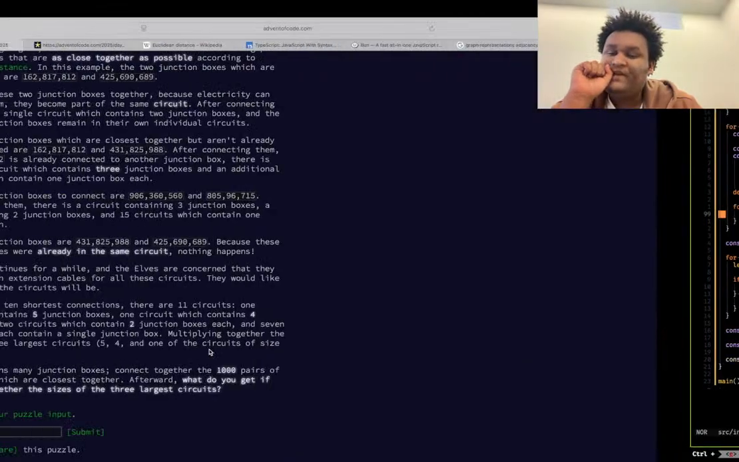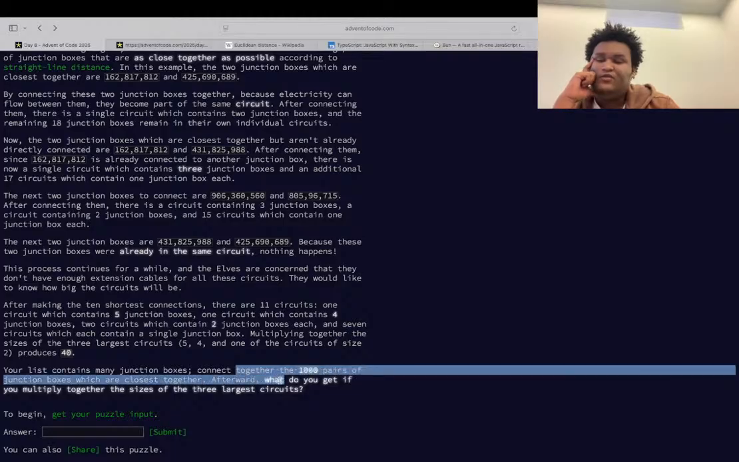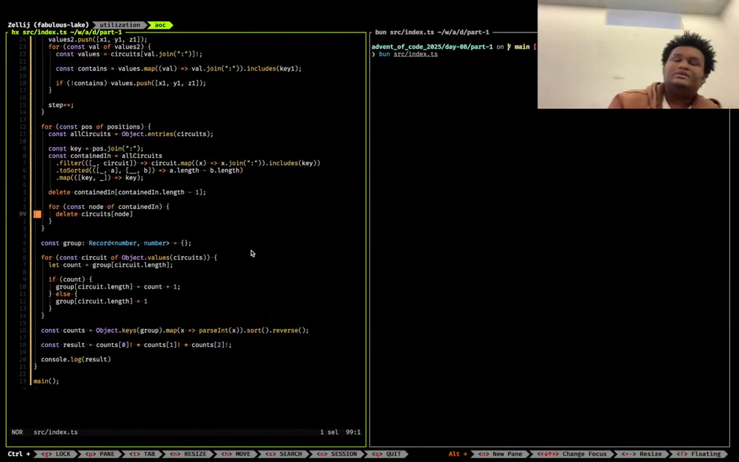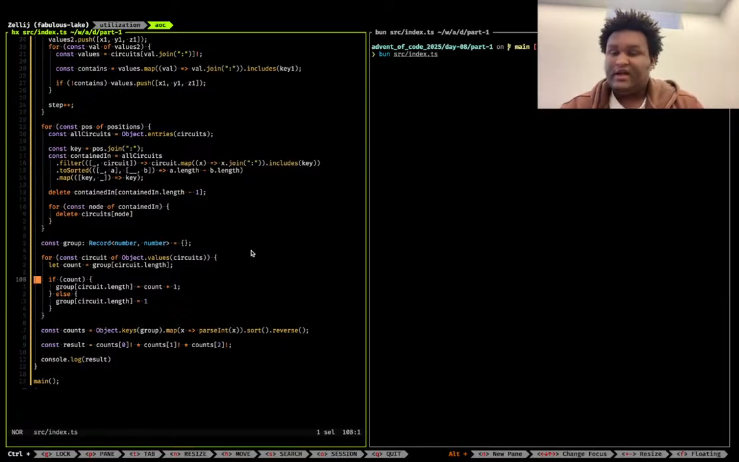Oh, it's saying what do you get if you multiply together the sizes of the three largest circuits. What we're currently multiplying is actually the lengths of the three largest groups of counts. So if we get for example multiple fives, we won't multiply multiple. Okay, I think I figured it out. So instead of counts, it's gotta be